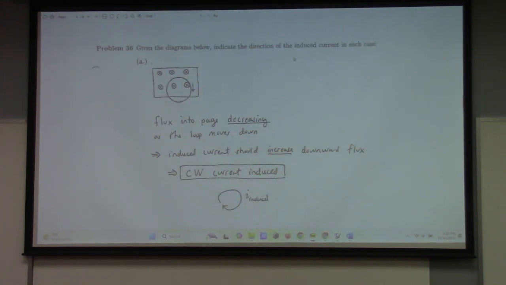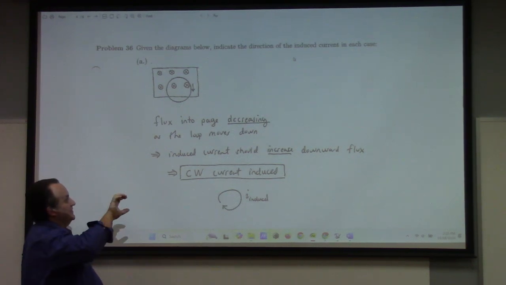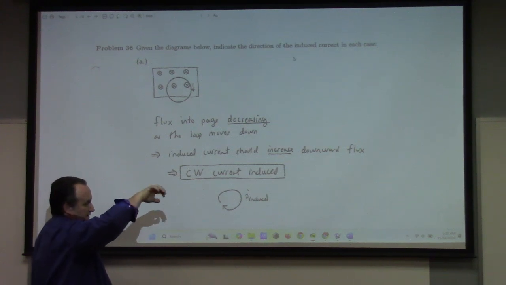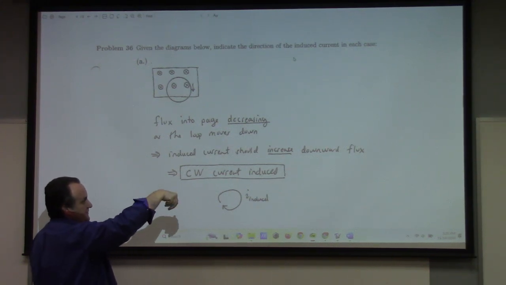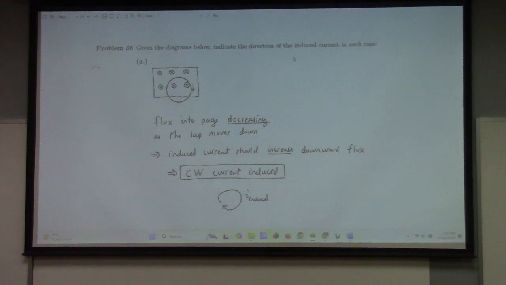Given the diagrams below, find the direction of the current in each case. If you're pulling the loop down, the flux into the page is decreasing as the loop moves down, which means the induced current should increase the downward flux, so we're talking about a clockwise induced current, right? To increase the flux downward